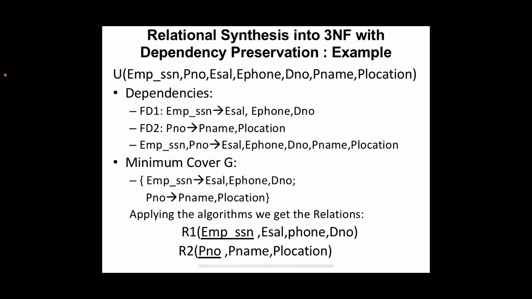So we have two different component relational schemas here, R1 and R2 with attributes here. And we can check whether all the attributes are covered by these two different relations. Yes, all the attributes are covered, so the attribute preservation property is also maintained here. So this is how we can decompose a relation using this first algorithm. And we have to note one thing here: when we decompose into two relations R1 and R2, some of the information from this original relation will be lost.